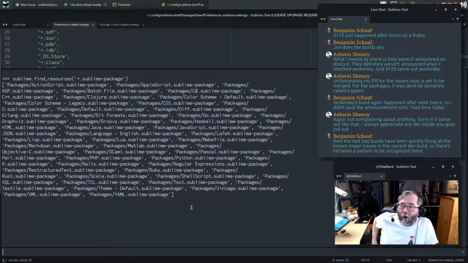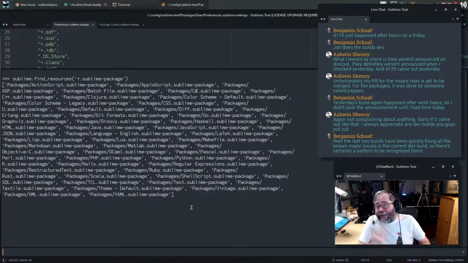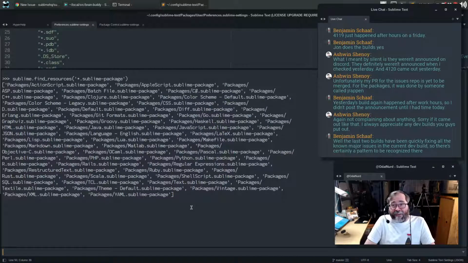Well, that is indeed true. Perhaps we're getting close. I didn't think of it in quite that way. I sort of took it more... Well, I guess the two ways you could look at that: there was a regression in a dev build and you want to get that fixed as soon as possible because there are people in dev builds, and there was a problem in the latest dev build and you want to get that fixed as soon as possible because you're getting ready to do a stable build. I could sort of see that going either way.